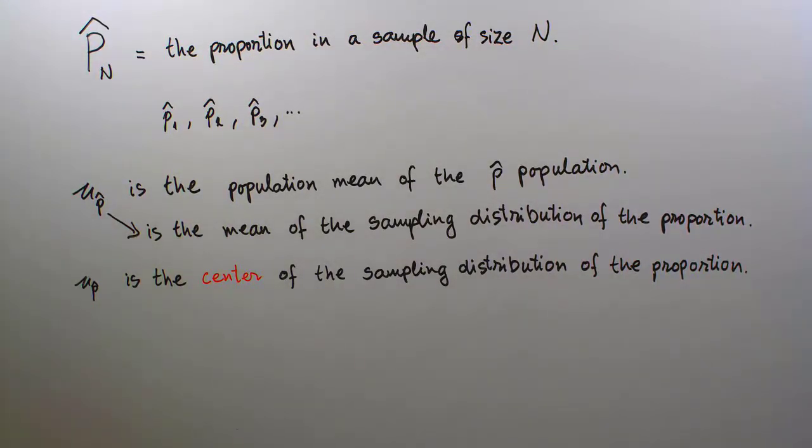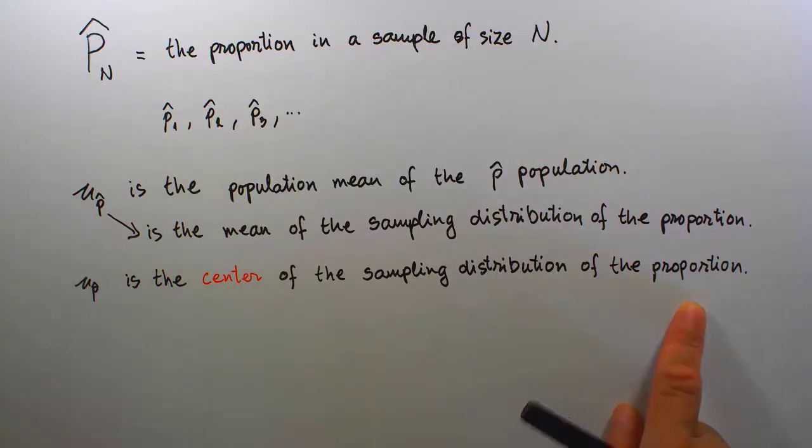So in that argument, once we found the center of any sampling distribution of a proportion,